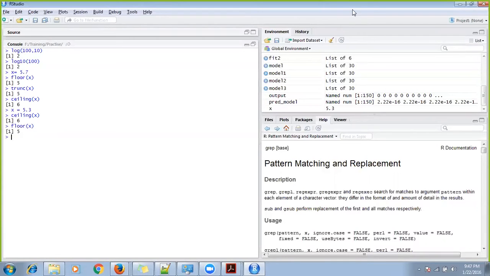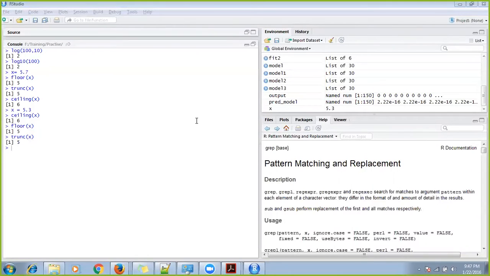Yeah, I have a question here. Why is trunc there if it executes the same? I need to check one second. Let me just finish it. I'll check whether they belong to the same package or not. Just hold on a second. Trunc of x, still 5. Let me check that for you.